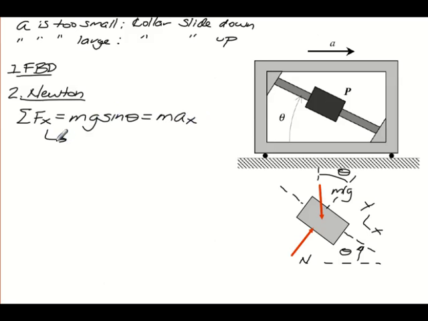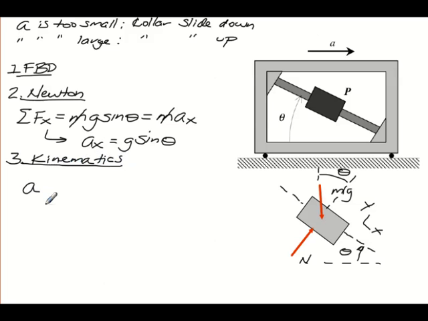In other words, I can cancel out my m's. We'll see that weight doesn't make any difference. What we need to do is have the x component of the acceleration of the block equal to g sine of theta. That's just what comes from Newton's second law. What we know, though, from the kinematics is that we're moving the cart with an acceleration along the horizontal, not along x. So what we have here for acceleration for the cart, I'll say,